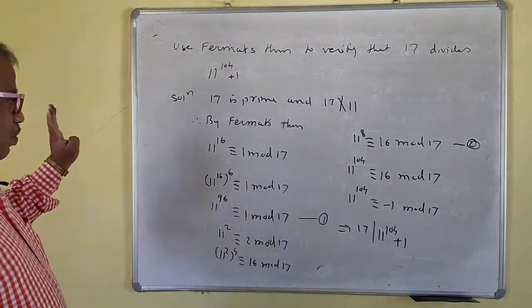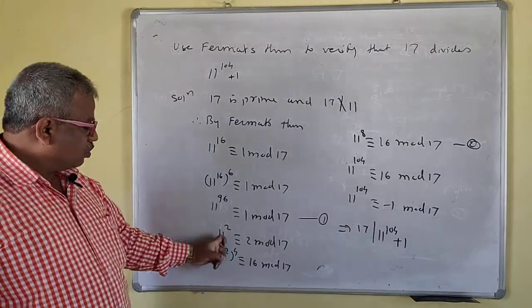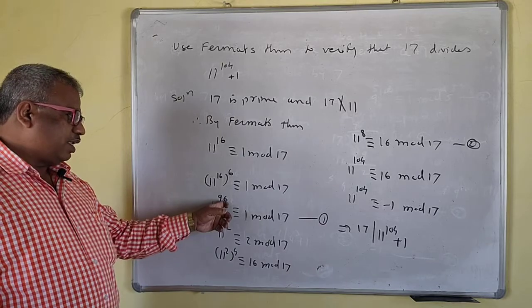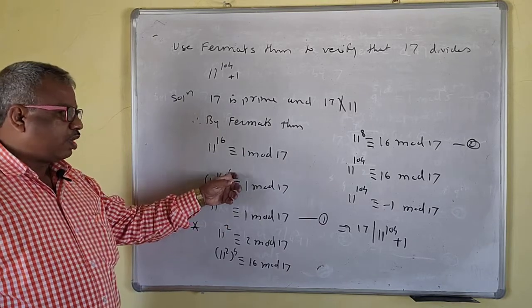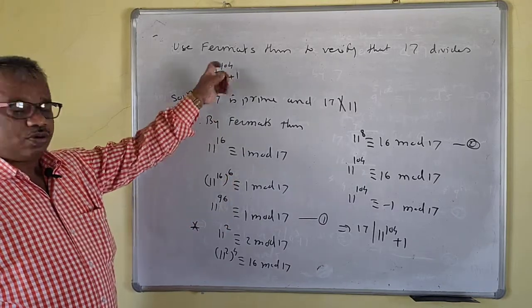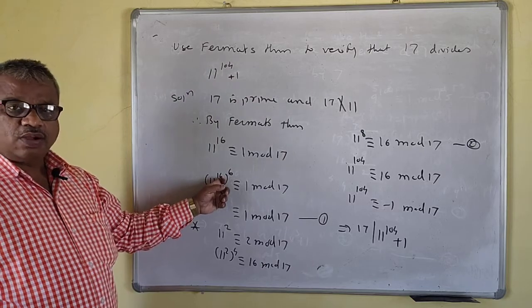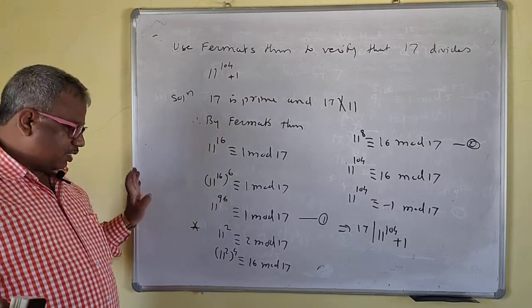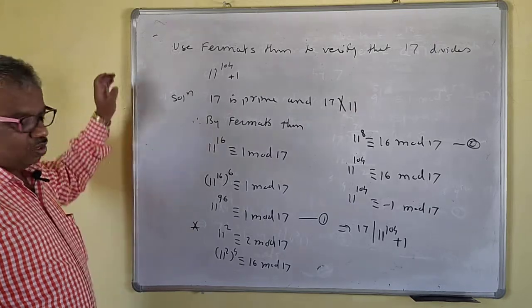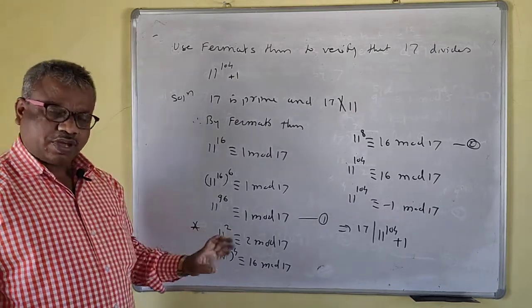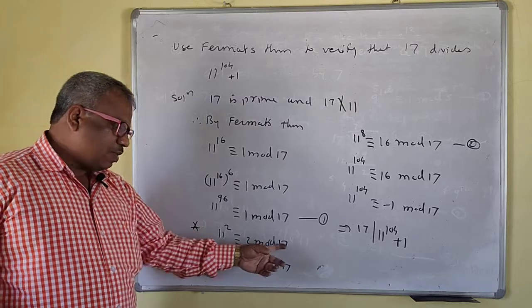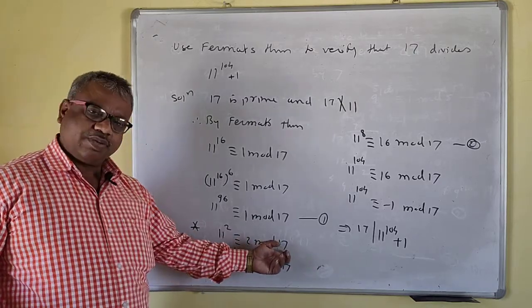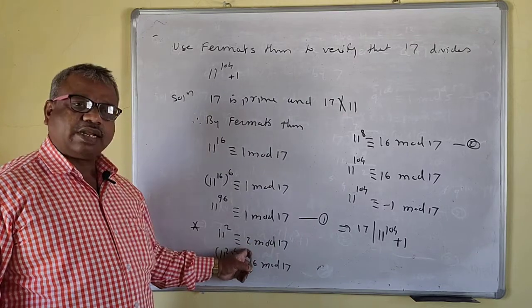So this is a very simple problem. So you have to do this one. This calculation is very important now here. Because up to 96, how do you get this 6 now here? So divide 104 by 16, find the quotient, and take the power of that quotient. So we get up to 96. Then we have to change our root now here. For 11 to the power square, this is 121. So divide 121 by 17. Find the remainder. Just write that remainder here.